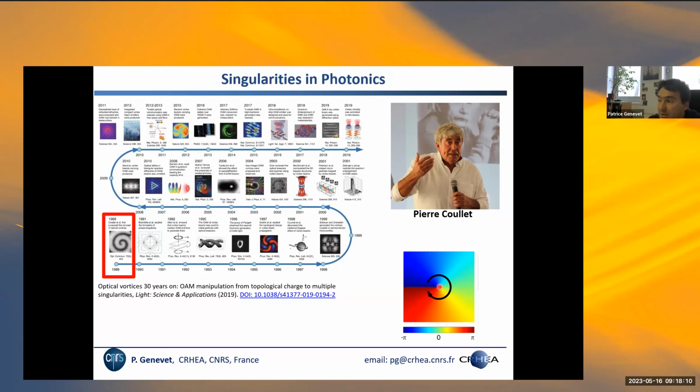It's at the center, it's becoming essentially singular. And that's what we call phase singularity. And this technology, since then, evolved quite a lot, up to today, where we are really able to manipulate and control these optical vortices. And what I show you today is that optical vortices and the fact that we have phase circulation with a region of undefined amplitude exactly at the center are essentially the key to understand the response of nanophotonic systems and the diffusion of light in general.